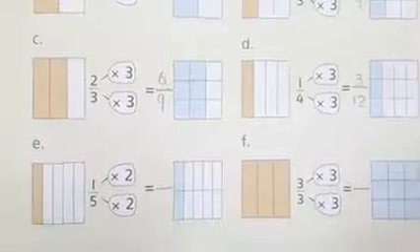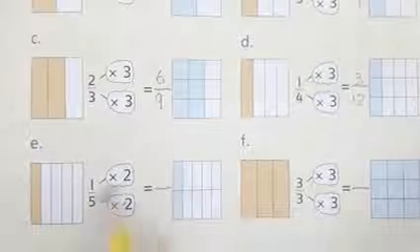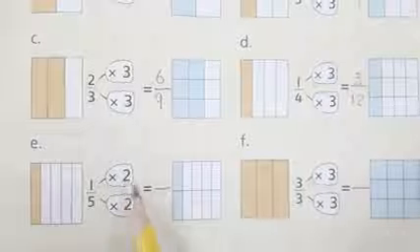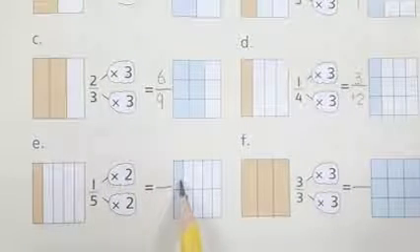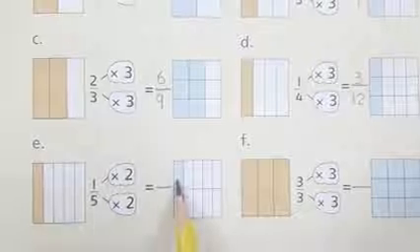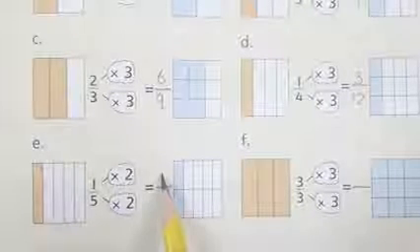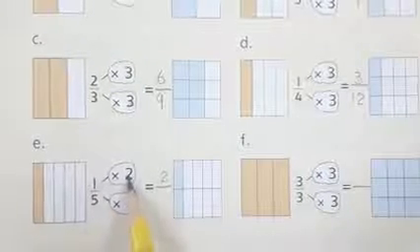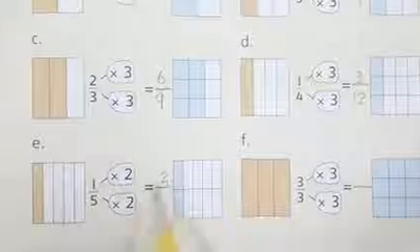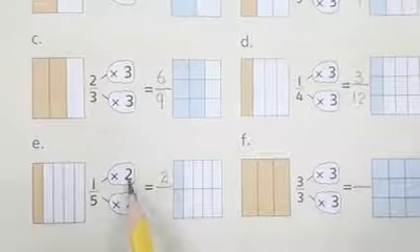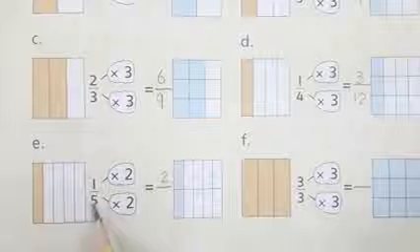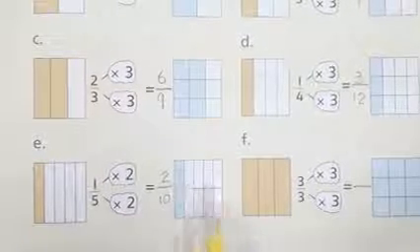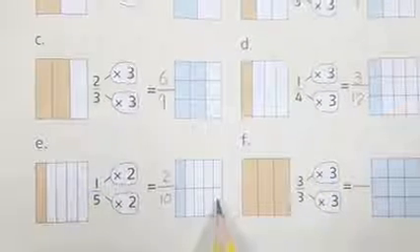Okay, now part E. This is 1 by 5. This fraction is 1 by 5. So if we multiply it, because here you can see the colored fractions are 2. So our answer should be 2 here. So obviously if we multiply 1 by 2, then we will get the answer. So 2 ones are 2 and same number we will apply here. 5 twos are 10. 1, 2, 3, 4, 5, 6, 7, 8, 9 and 10.